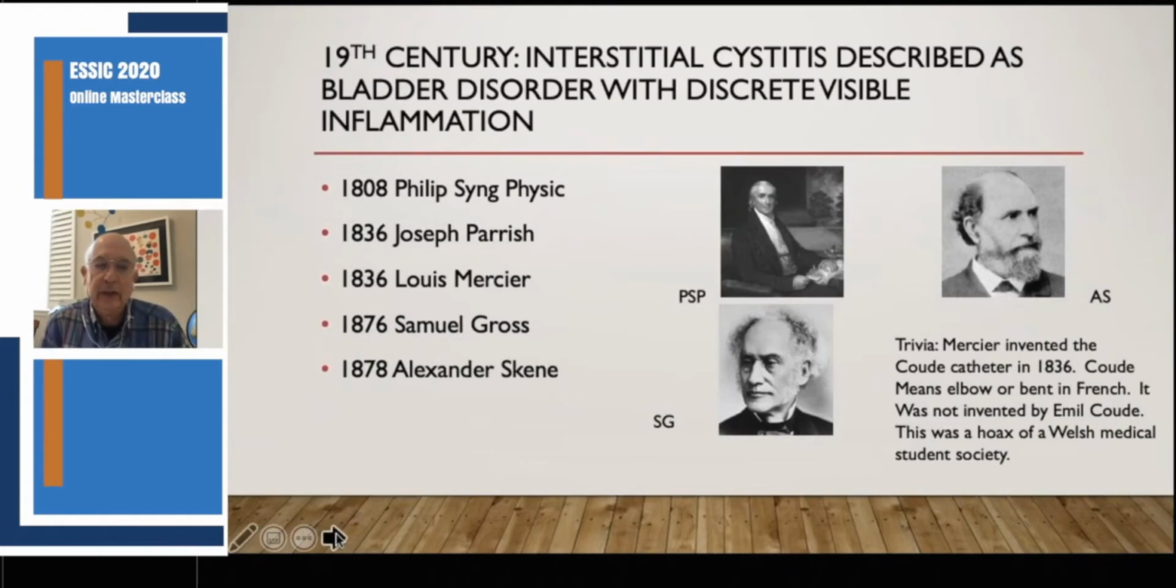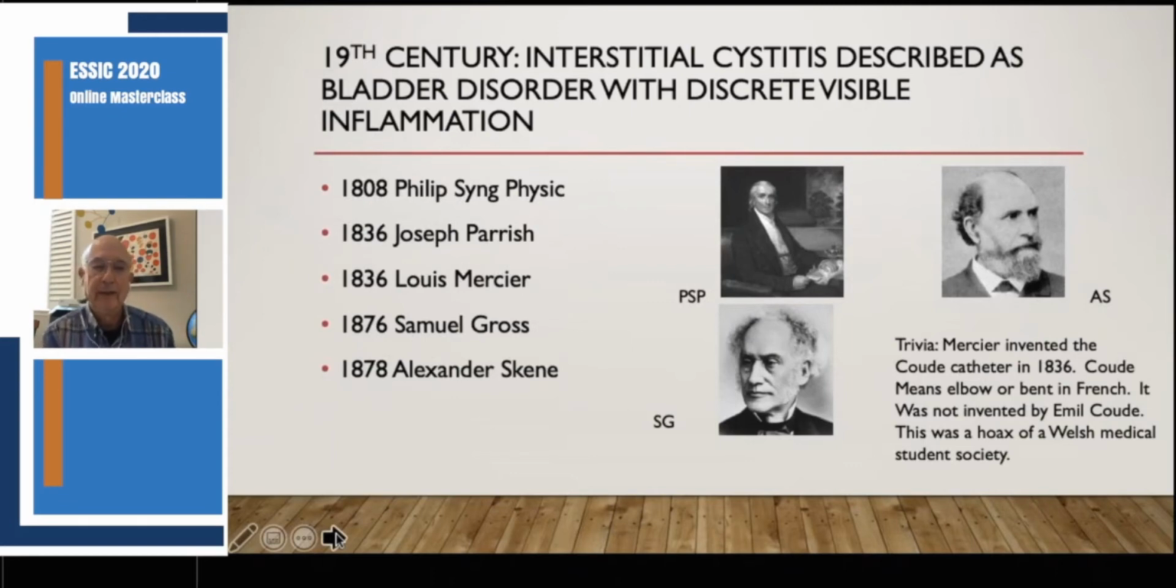In 1836, Louis Mercier in Paris also described this disorder. And just an interesting bit of trivia, Mercier invented the coude catheter in 1836. Coude means elbow or bent in French, and it was not invented by Émile Coude. This was a hoax of a Welsh medical student society. But aside from that, we go to 1876, where Samuel Gross, a third general surgeon who trained at the University